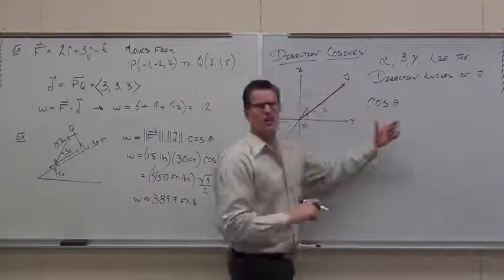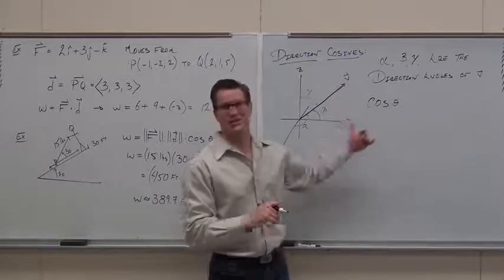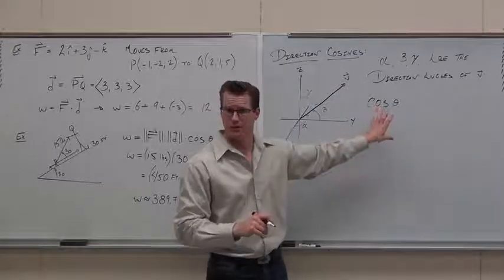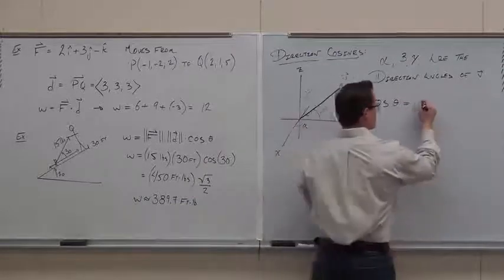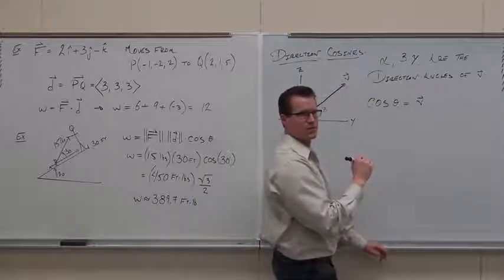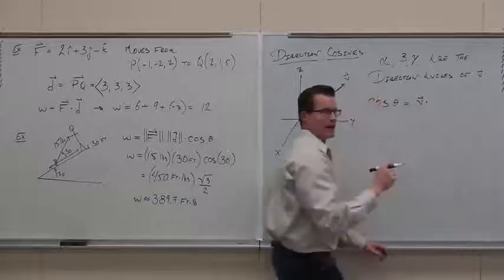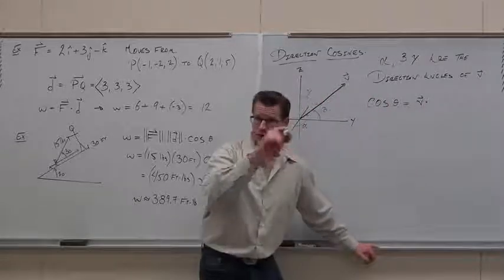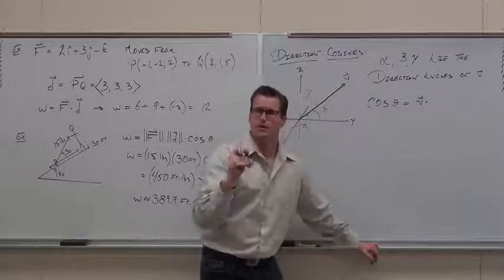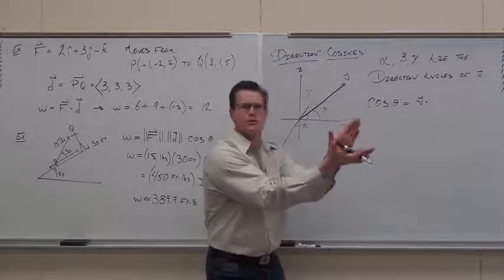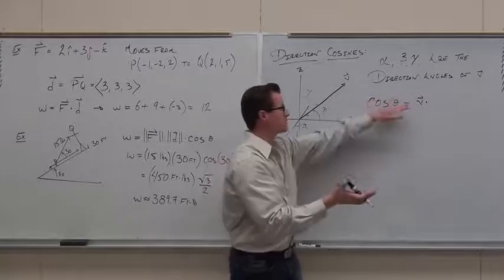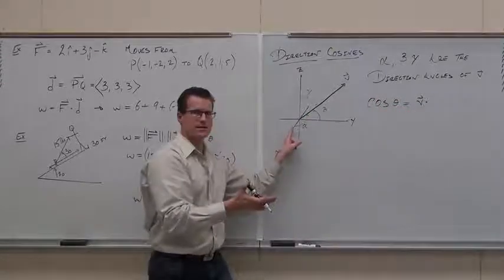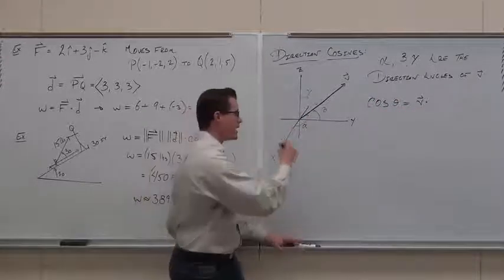for that cosine, it's called the direction cosine. All I have to do for that angle is dot product the vector and the vector that I'm given and the vector that I want to find the angle between. If I want to find the angle between the vector and the x-axis, you just told me right now